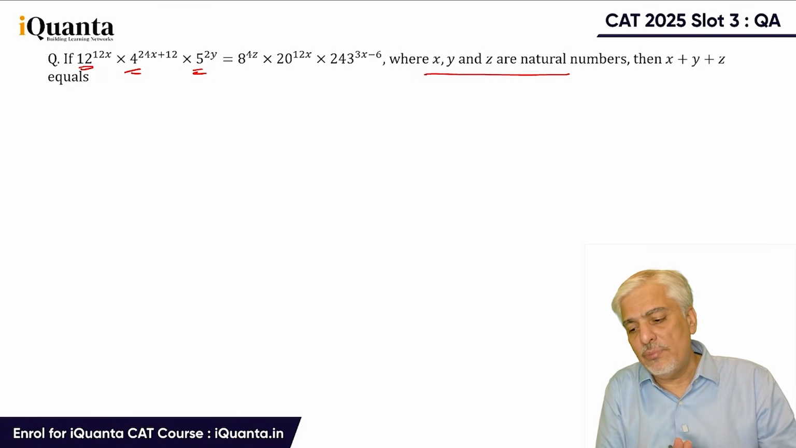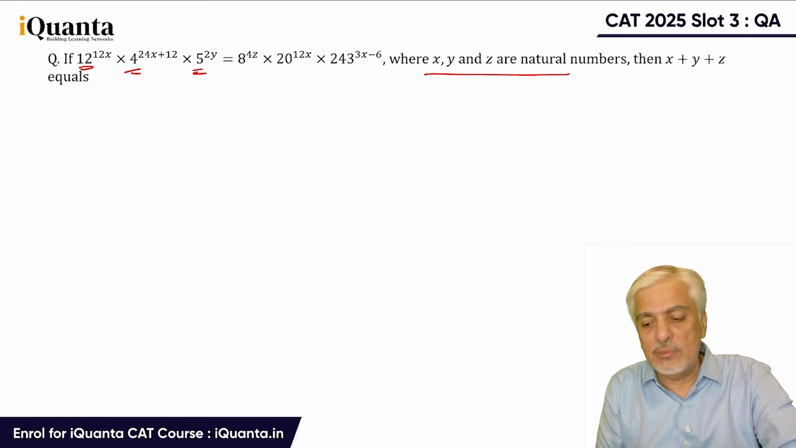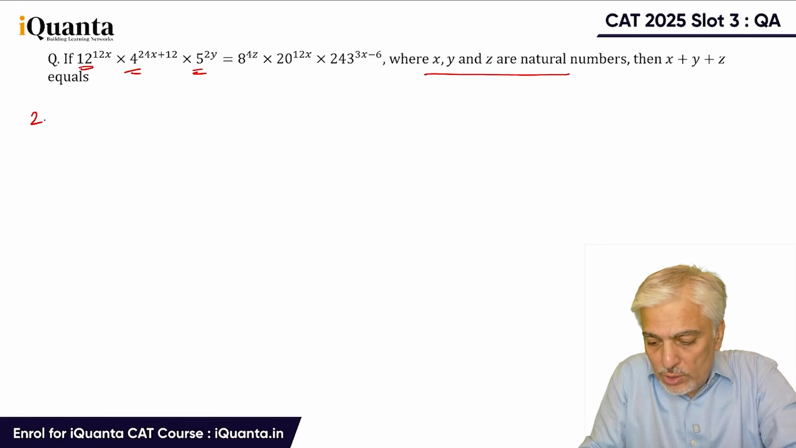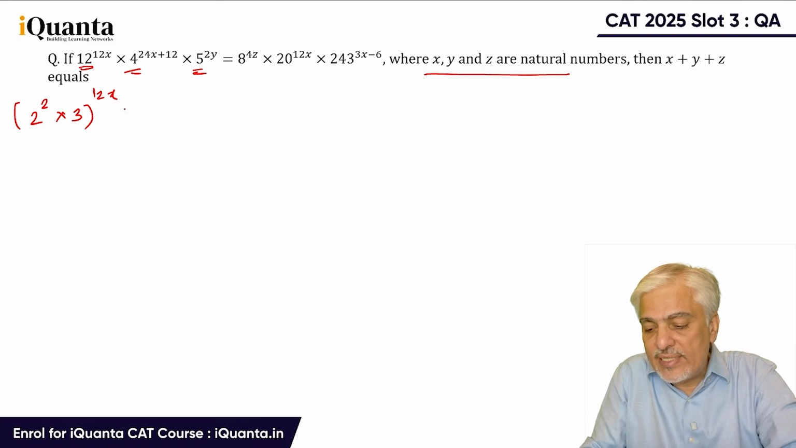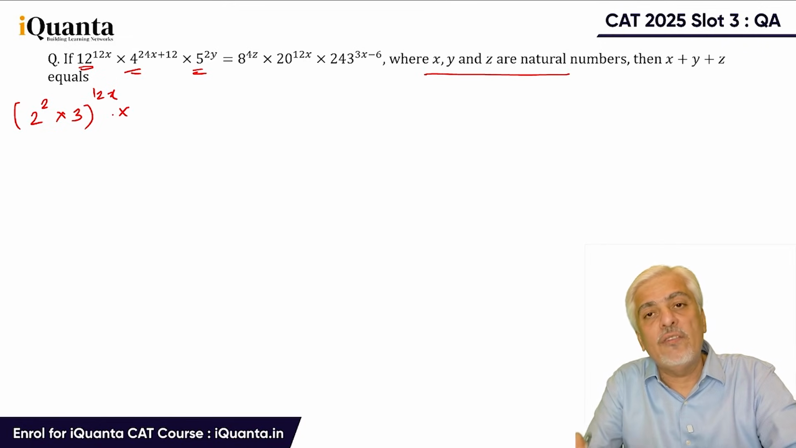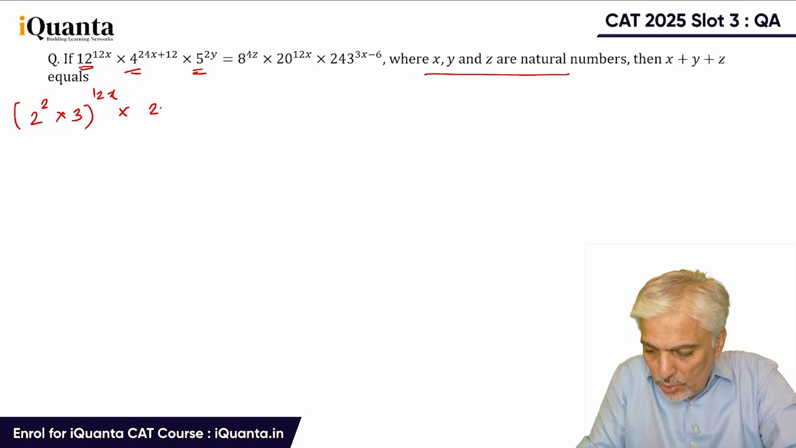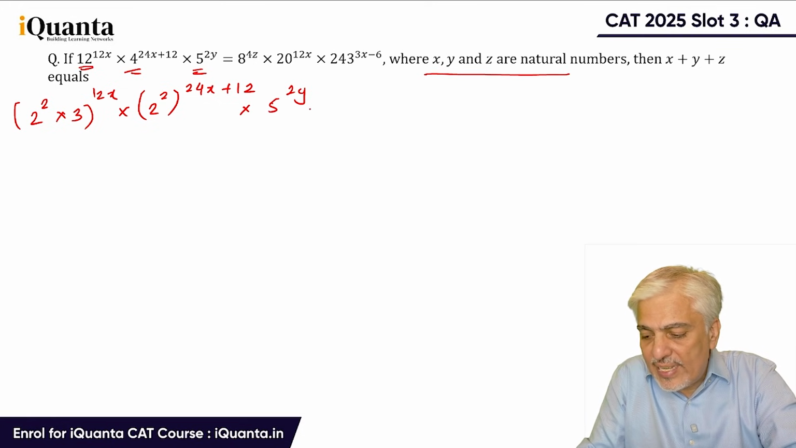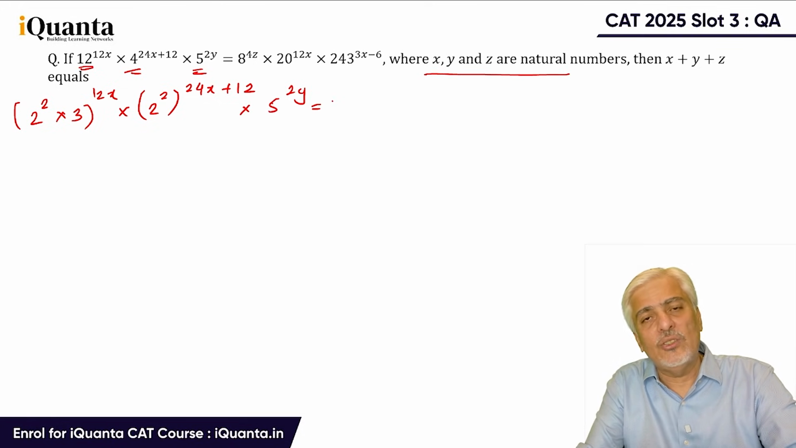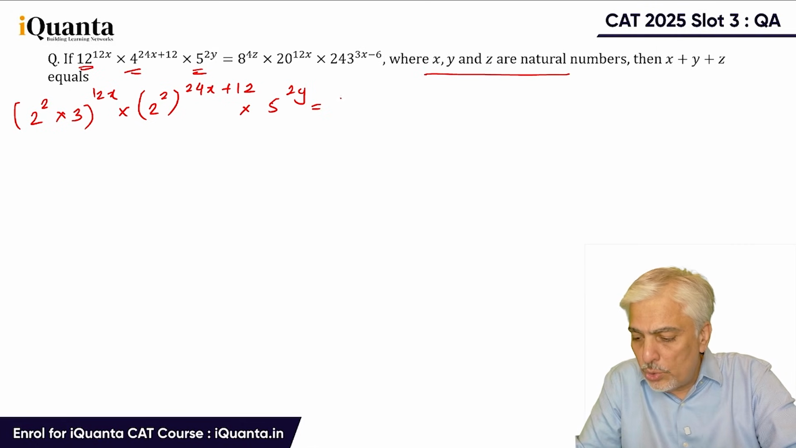So let's start breaking it up. 12 is 4 3s, and 4 is nothing but 2 square. So my first step will be 2 square into 3 raised to 12x, which will remain as it is, multiplied by 4 raised to 24x plus 12. 4 is nothing but 2 square. So 2 square raised to 24x plus 12, multiplied by 5 raised to 2y, which remains as it is. Let's go for the next one. On the right hand side, 8 is nothing but 2 cube. So 2 cube raised to 4z